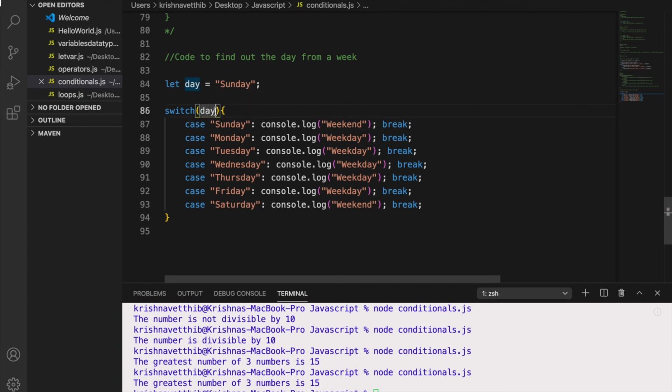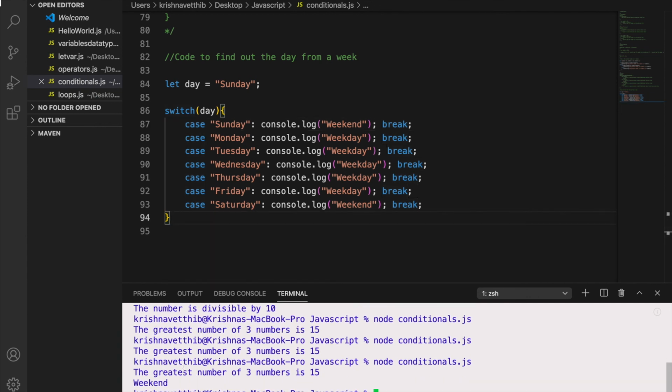So this day variable, whatever data it holds, it is going to check with these values. So now the Sunday matches with this Sunday. So when it matches, it is going to execute this code, and as we have written this break keyword here, it is going to break from this loop and come out of the loop. So let us try running this code and check. So we got the output as weekend.